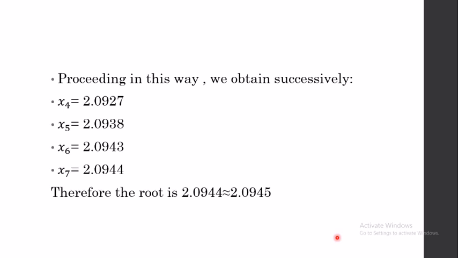Now I would like to go back to your bisection method problem for the same function. It's in the 12th iteration that you are confirming that the root is 2.094. But here you are taking only half of the time, that is when you are reaching x6 itself, you are getting a hint that it is 2.0943. And just to verify it once again, we are doing the 7th iteration and you get 2.0944. So when you look at the number of iterations that you are doing, it is clear that the bisection method is taking much more time than the regula falsi method.